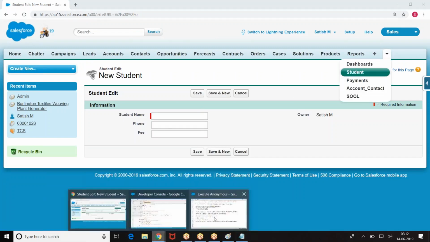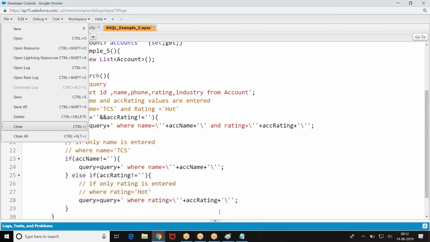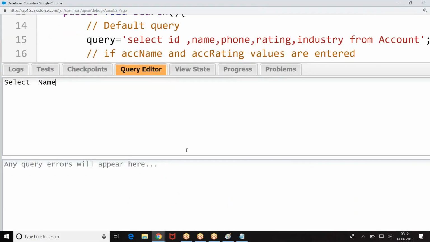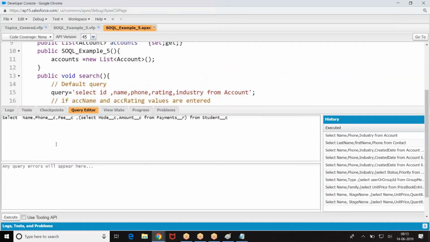Then now I am going to write a query. Look at this query. Select name, phone, and then select mode, amount from payments underscore underscore R from student. The name of the object is payment, so payment S underscore underscore R. Execute the query.